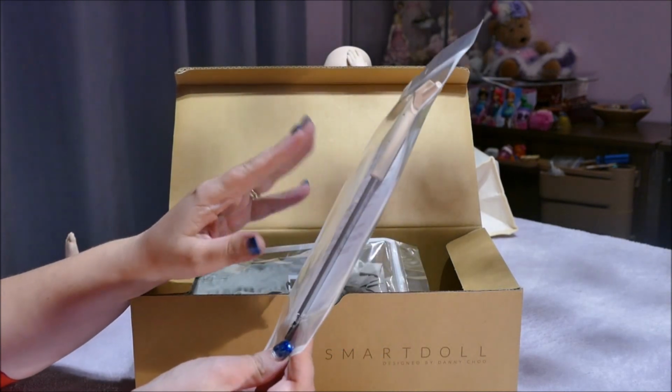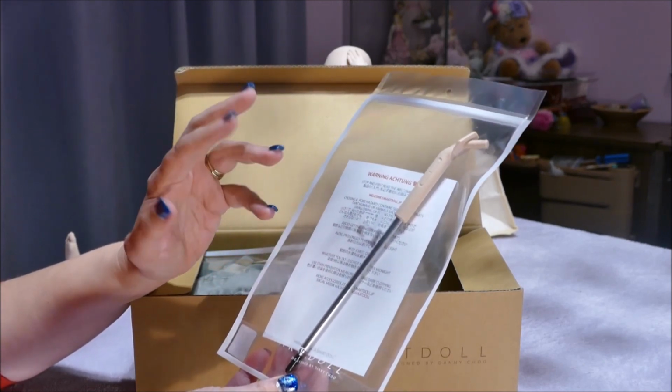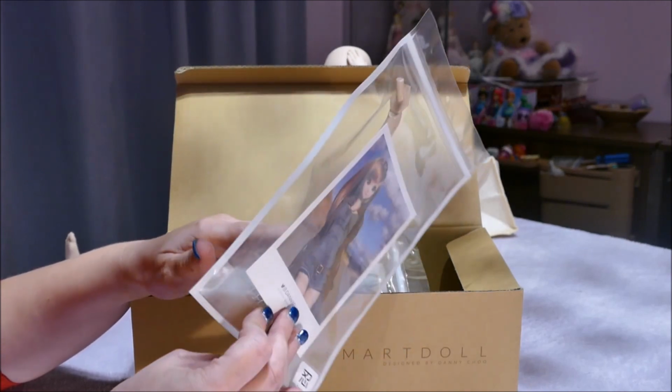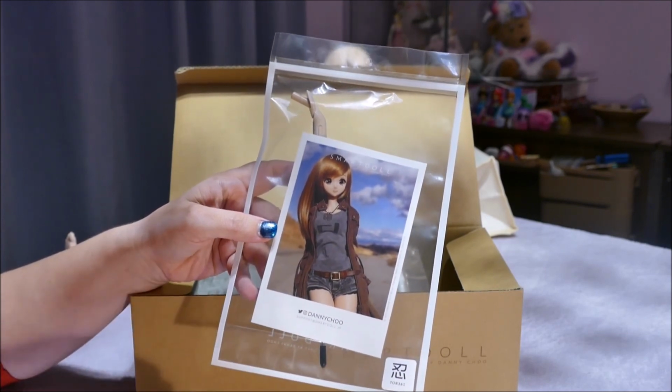So this is the telescopic stand. Now this doesn't cost you any extra. There are other stands available for certain posing, meant to give you a tiny bit more stability in different sorts of ways, but this one comes with the smart doll. And if you move it over here, you'll see that there is a Jenny, I was about to call it Jenny Choo,